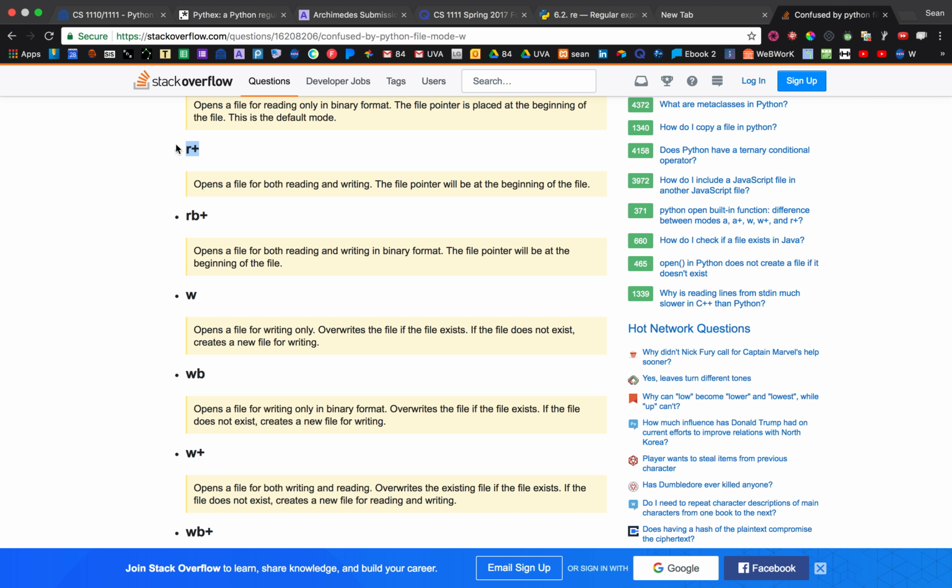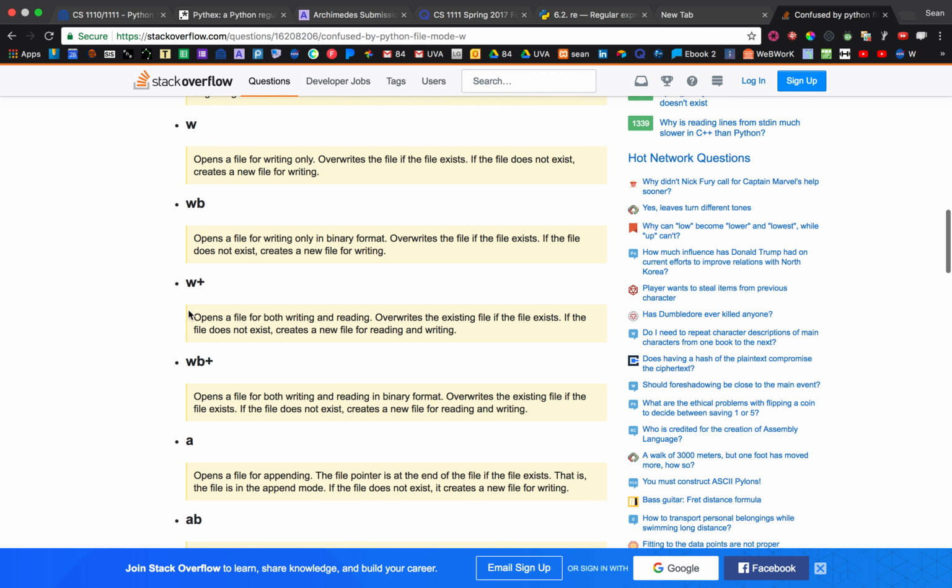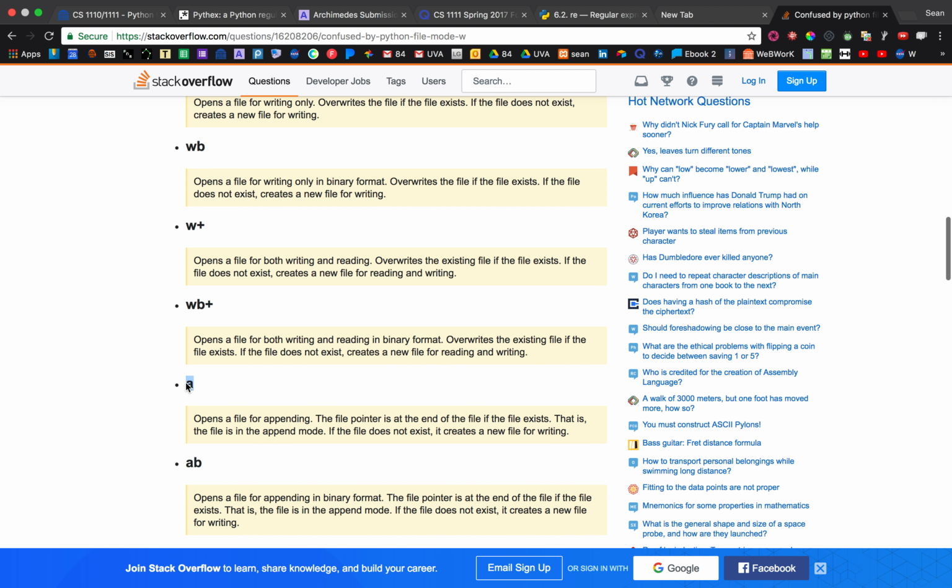r+ is the safe one, but the file has to exist already. That's the trade-off, I guess, because w and w+ are going to create the file if it doesn't exist or overwrite it, but r+ has to already exist. And then a, so basically the difference between